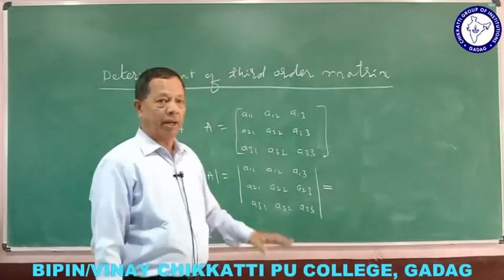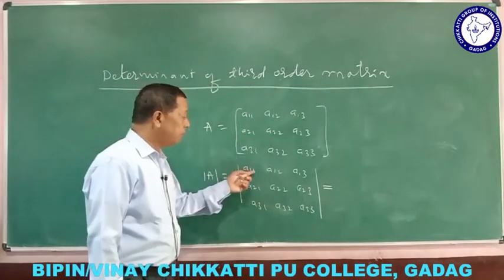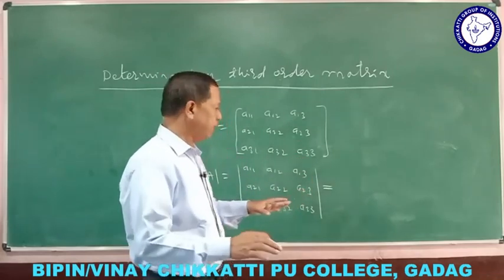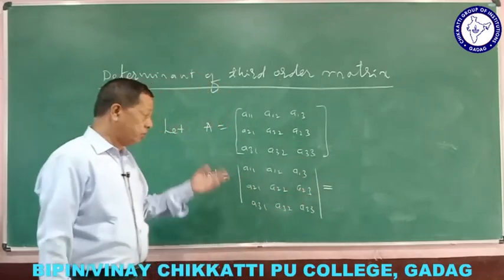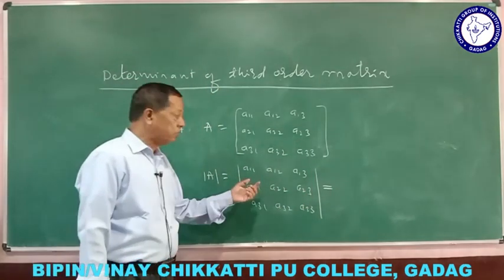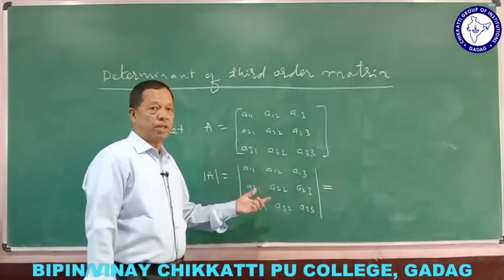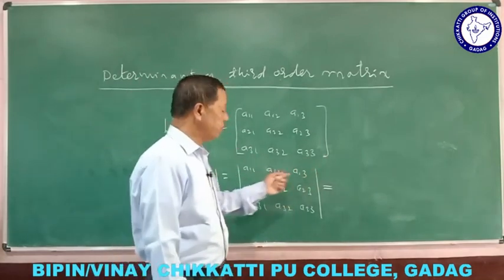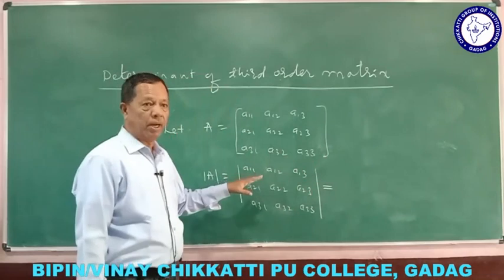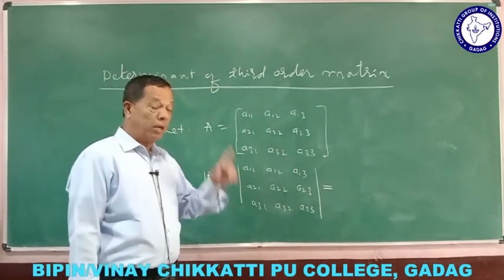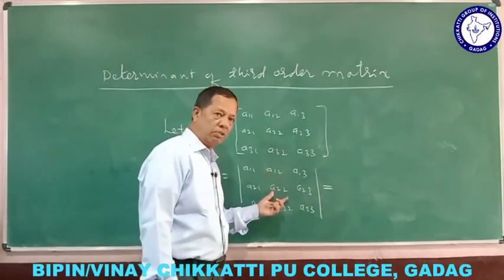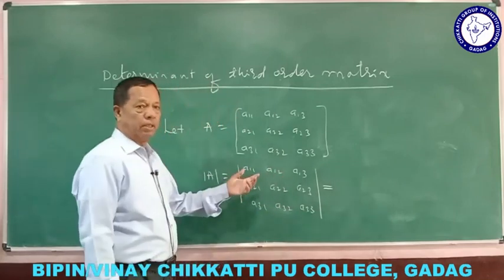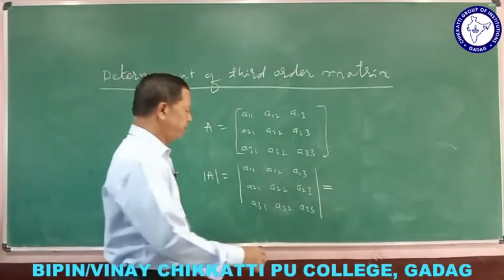But basically in the beginning, we take the first row only. You have to practice with the first row. Don't get confused; I will tell you later which is to be selected. But for the introduction, it is necessary to consider the first row only. So this determinant is expanded along the first row. Don't ask again why you are taking the first row only. You can take the second or third like that. But for convenience, we take it expanded along the first row.